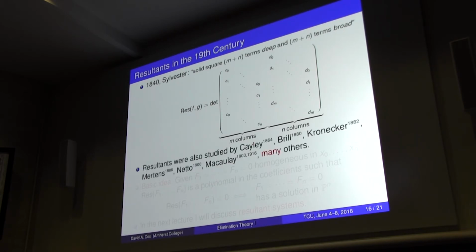And this is a very, very tiny list, and you'll see in a couple of slides just how tiny it is. Because, resultants, so Cayley wrote about it, Brill, Kronecker, Mertens, who was a student of Kronecker, Netto. And so some of these were some of the first really complete presentations of the theory of the